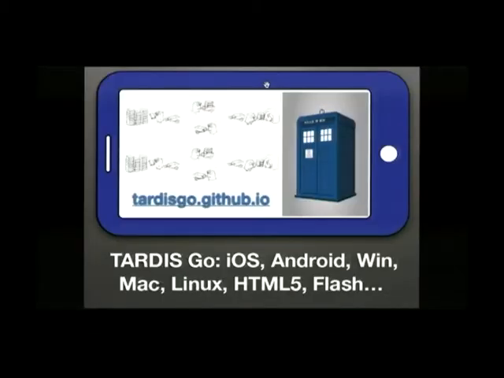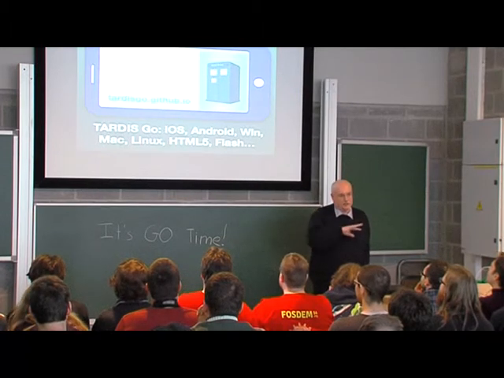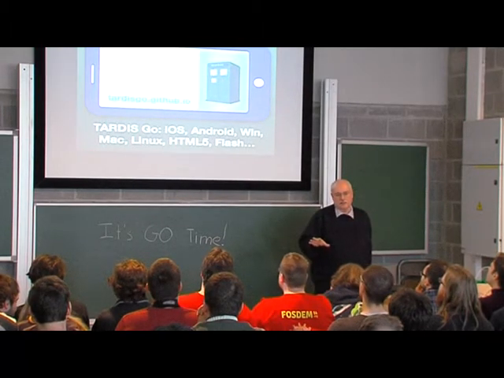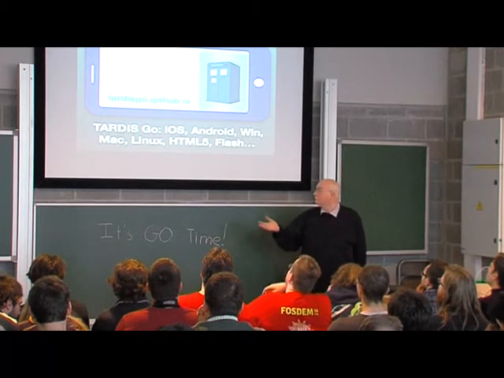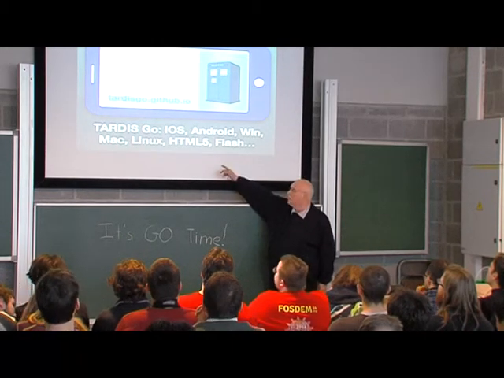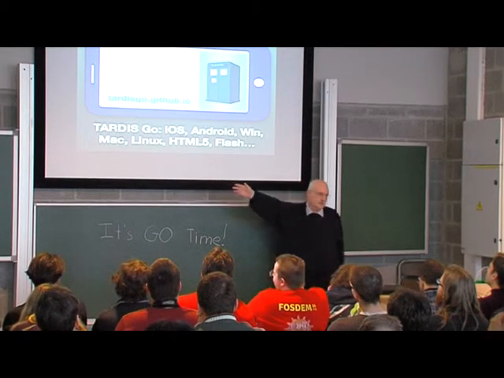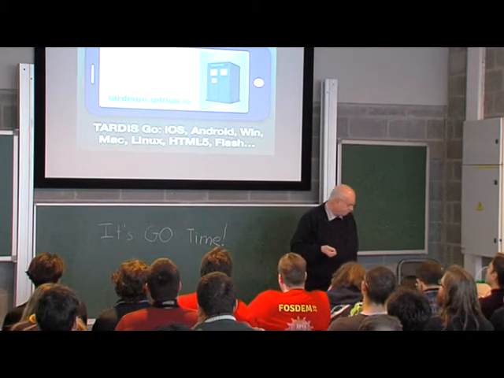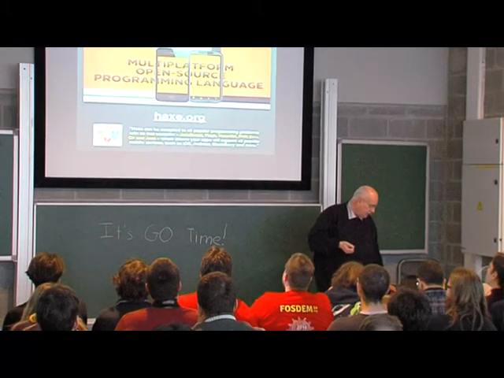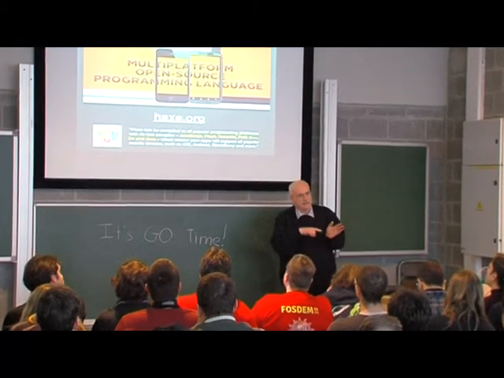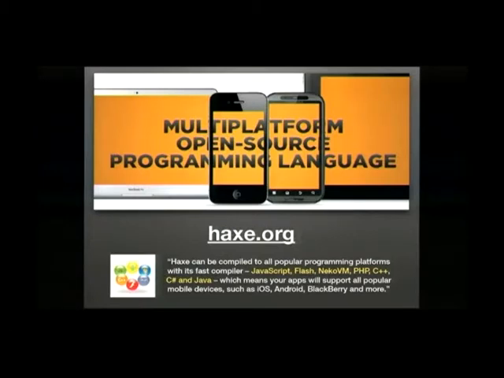Okay, moving on to my own little project. On the client side, TARDIS Go is targeting a wider set of clients. So it's not only targeting the browser, HTML5 and Flash, but also desktop clients and handheld gadget things. It does that by translating into the Haxe language. So it takes Go and generates Haxe. Haxe is a wonderful, mostly French project that translates this Haxe language into these other 7 forms.